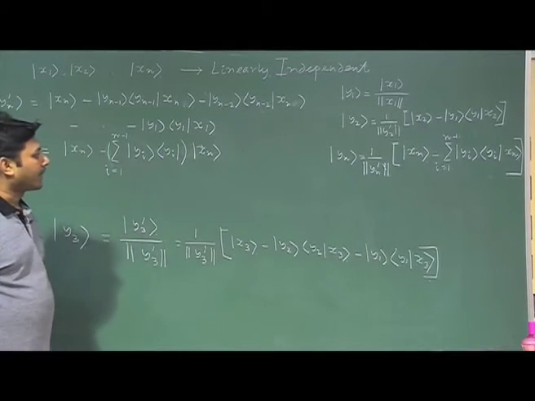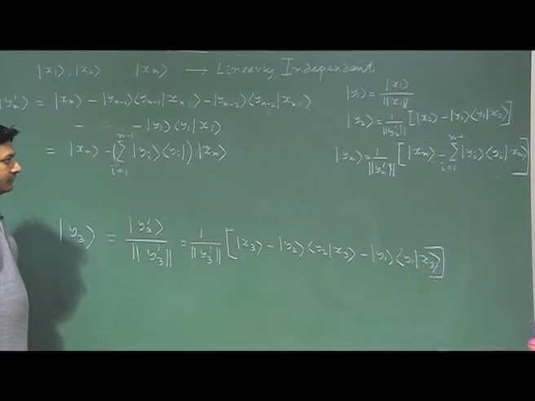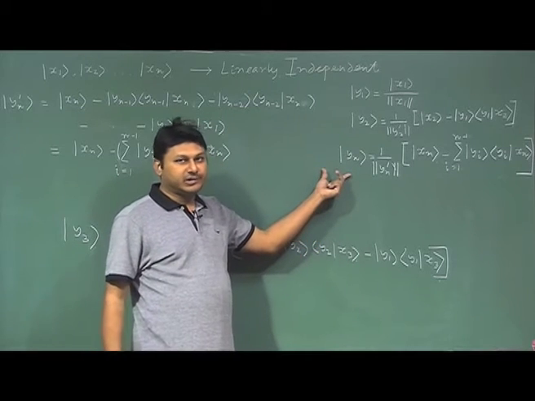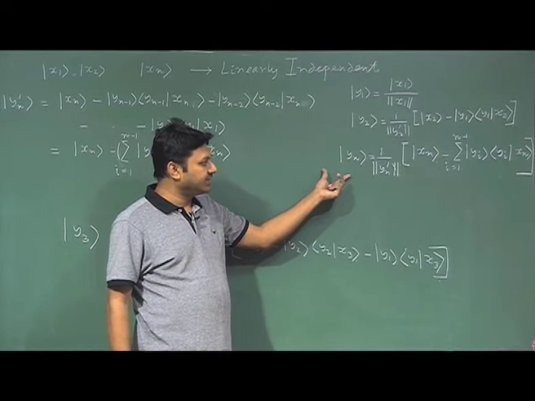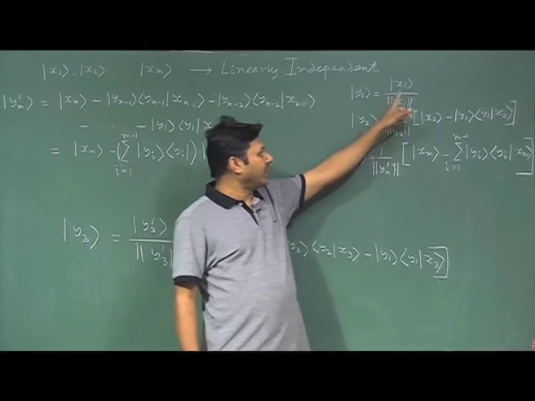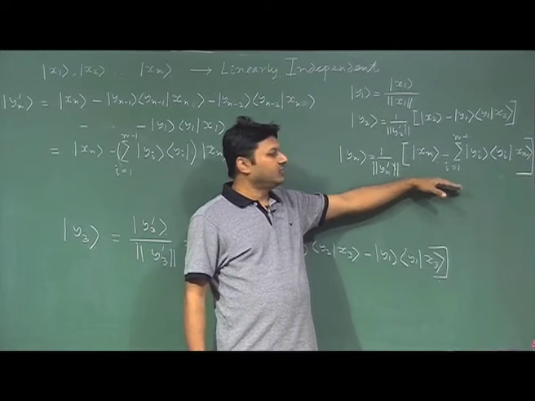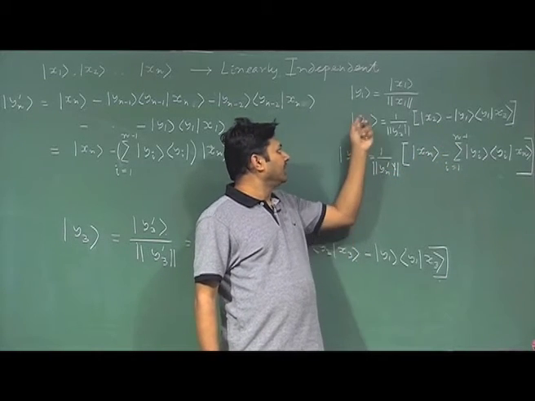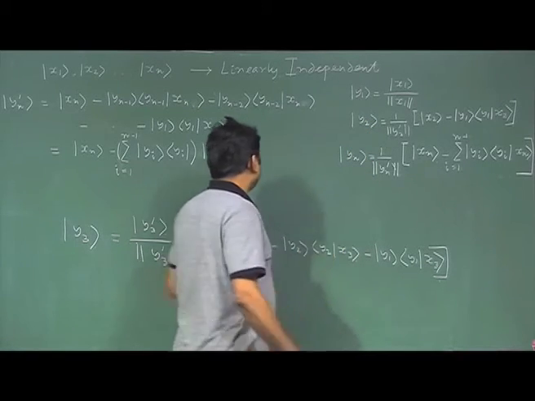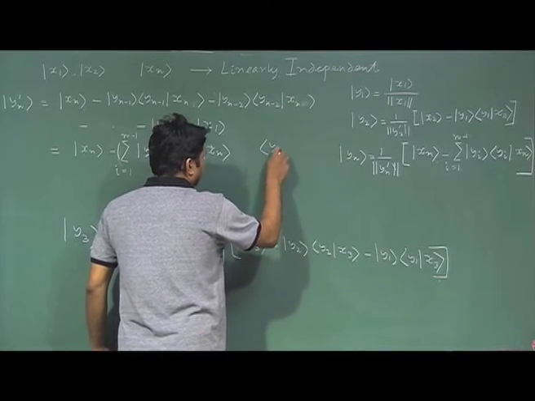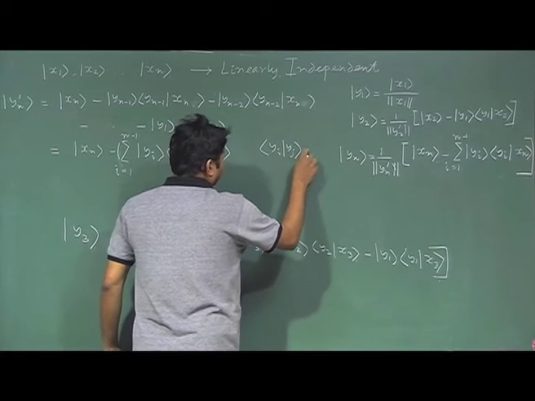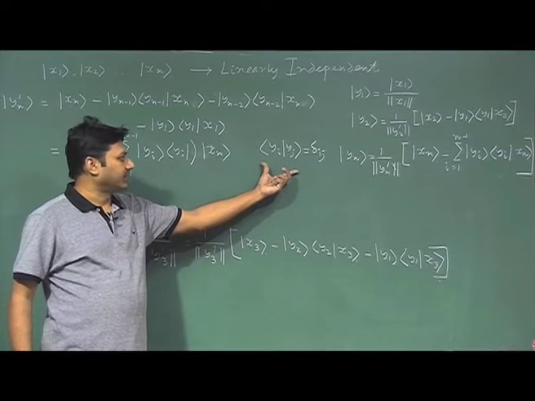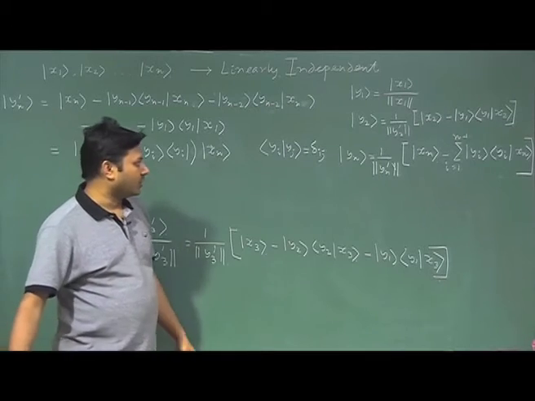This is my complete picture. Please appreciate that y1, y2, yn I have generated by using x1, x2, x3, which are given to me. So I know all the values, and I use them in such a way that I can generate y1, y2, yn forming an orthonormal set.